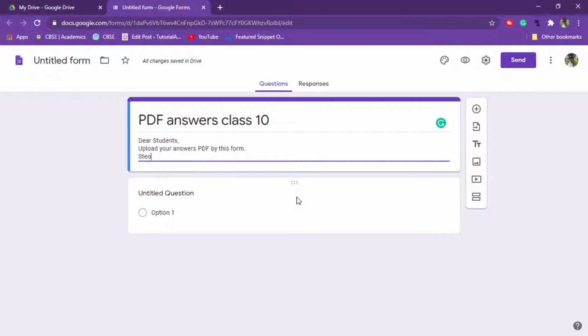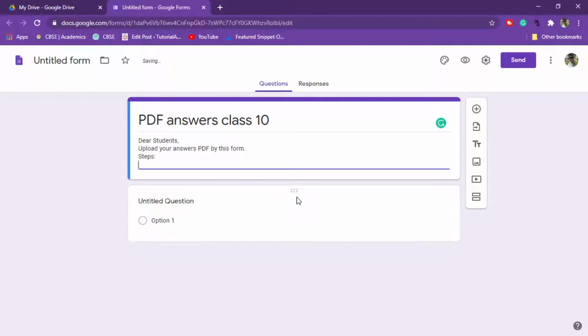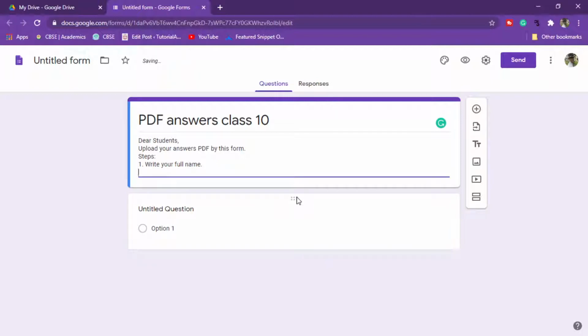Steps. 1. Write your full name. Full name, because sometimes students with the same name are there in a class, then it will be difficult for us to identify. That's why they can write their full name. Like in class 9th we have Ayush Singh, so we cannot identify, although we can identify by their writings, but still they will write their full name.